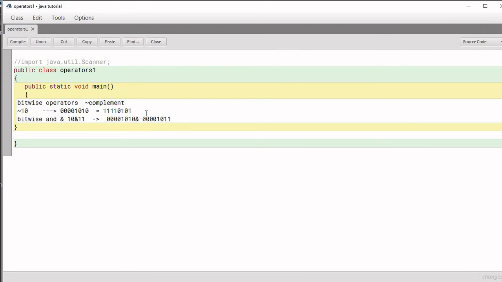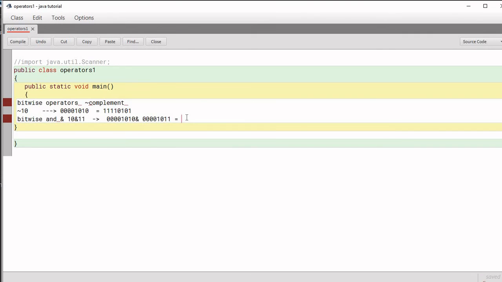Now we'll perform the AND operation. It has the same logic as the logical AND operator. The answer will be 1 only in one condition, that both the bit values are 1. Otherwise it will be 0.